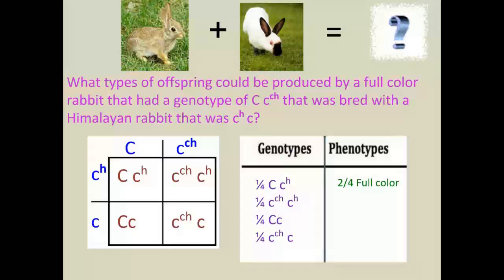For your phenotypes, you have to look back at that last slide to figure out which ones of those would be full color. And the ones that have the big letter or capital letter C would show the full color. And then the other 2, because they have the c with the superscript ch, those would be the